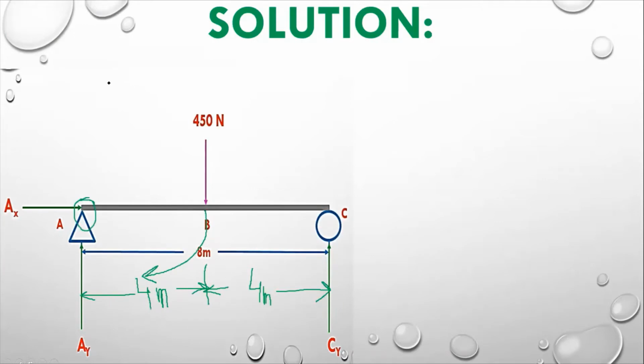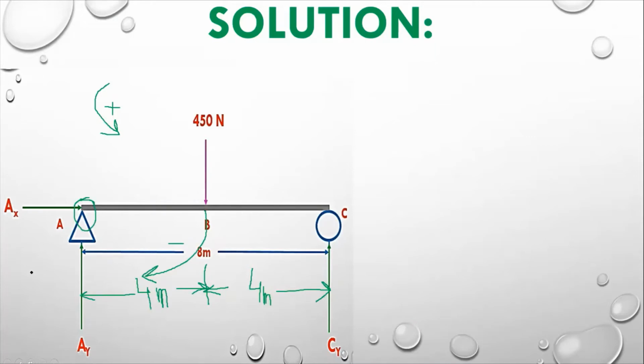If I am taking anti-clockwise as positive for the moment, then this force will become negative, because it is opposite to anti-clockwise, so it must be clockwise. So here we have to sum up the vertical forces, but not before the vertical force summation. We have to sum up the moments first. So how can we sum up moments here?